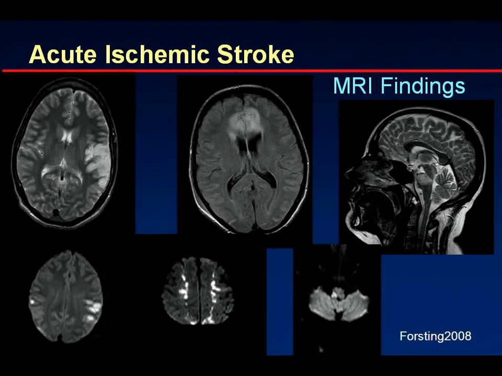And finally, something that is almost impossible to see on CT is this infarction in the brainstem, again, in a situation where you see on diffusion-weighted image